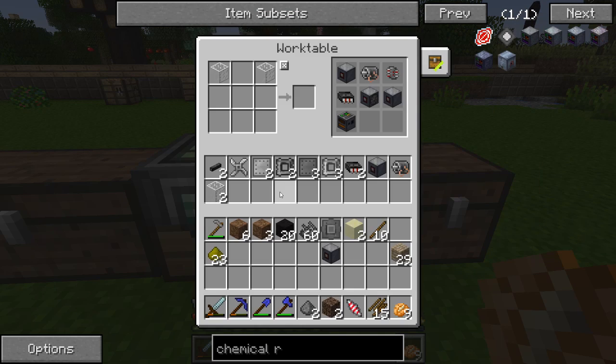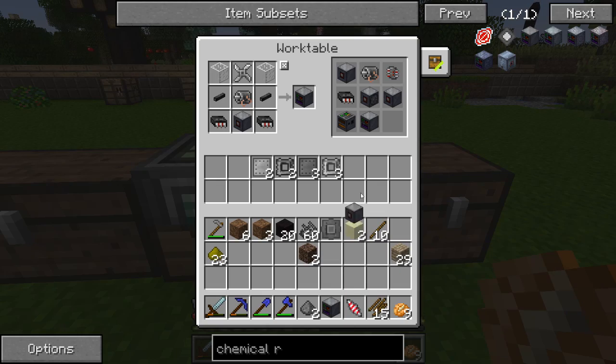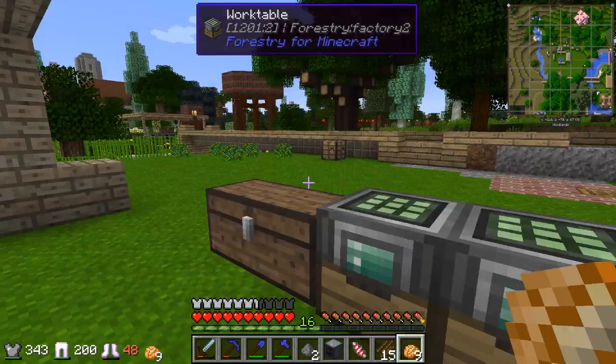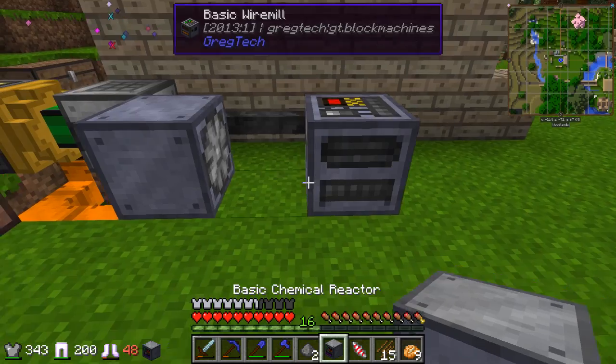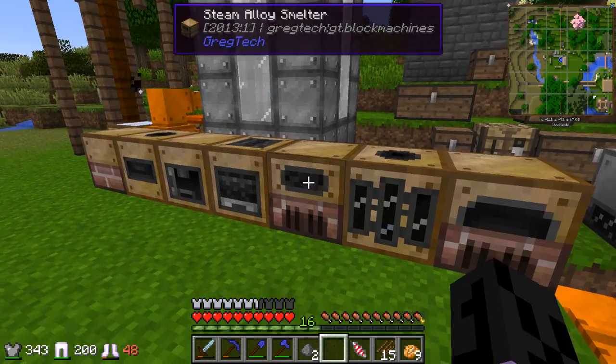Rotor, motor, machine hull. Rotor, motor, machine hull. Cables, glass, no. Circuits, cables. There you go, basic chemical, and that is fake, I think. Is it? No? Oh, it's my battery buffer. Looked like a machine hull. So now we have a chemical reactor, which means